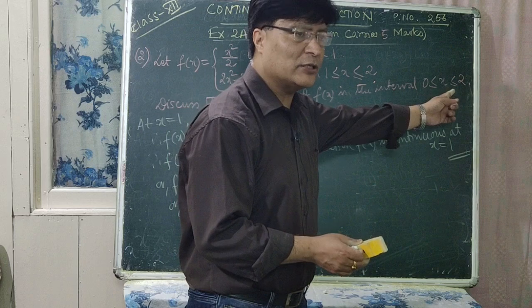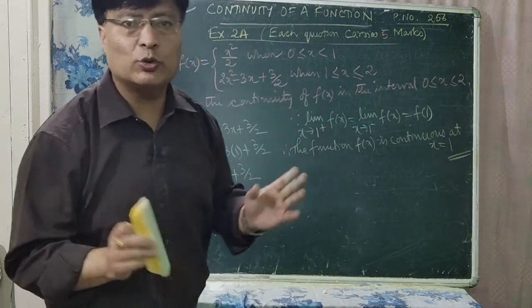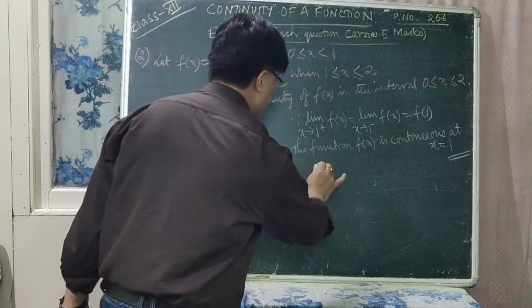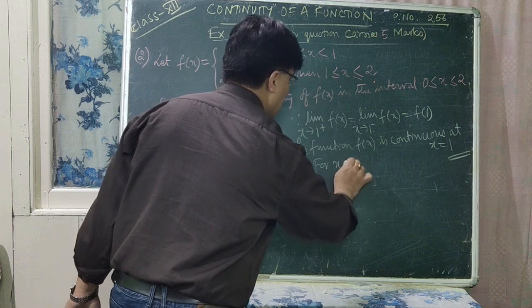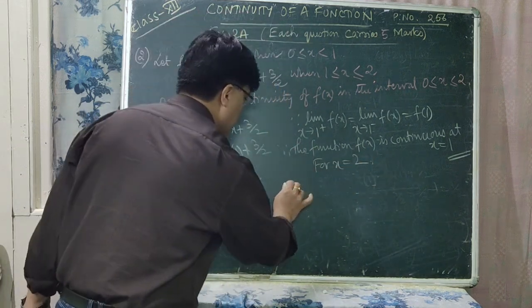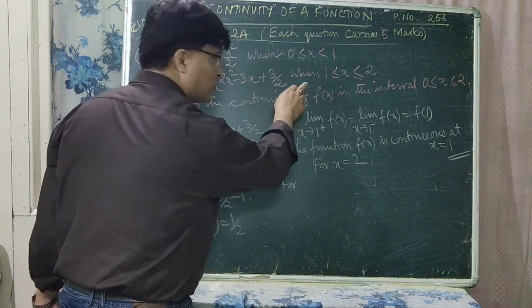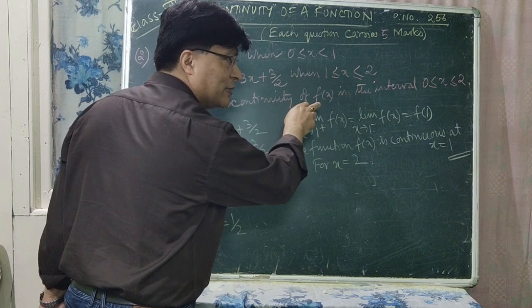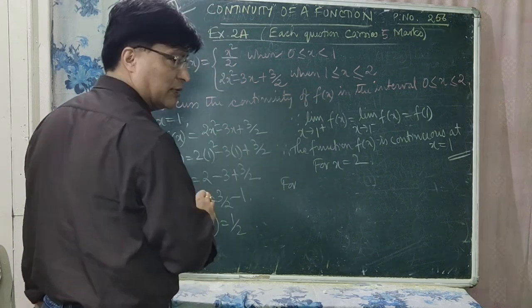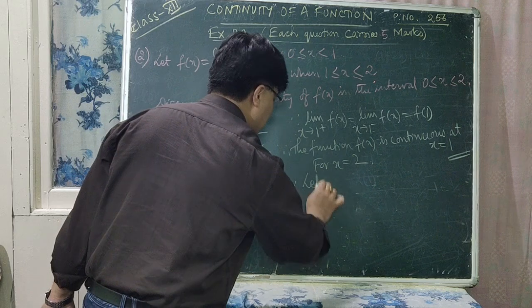Because we have to check the continuity in between 0 and 2 only. So right here for x is equal to 2, you cannot check the right hand limit out here. You have to check the left hand limit. So for left hand limit